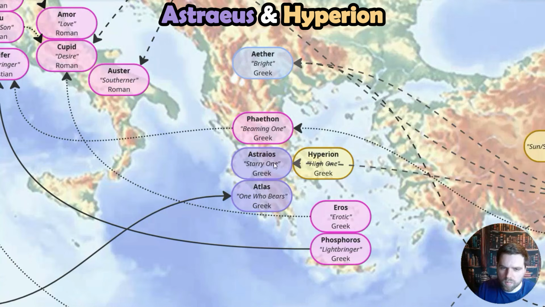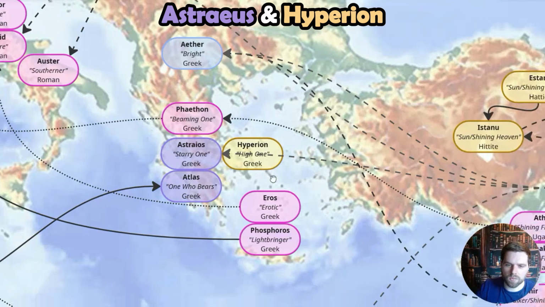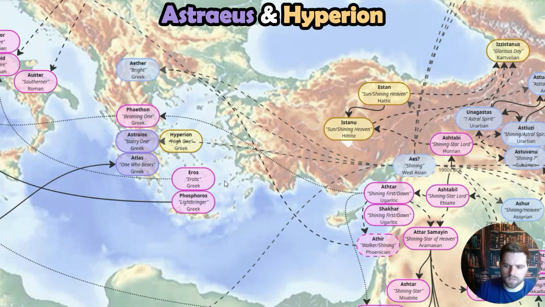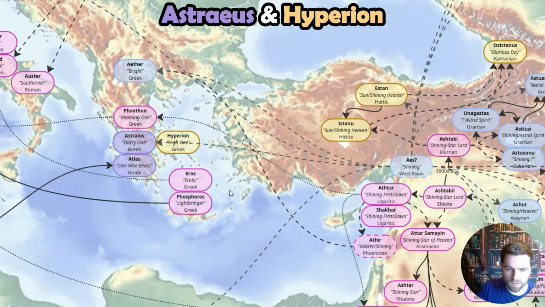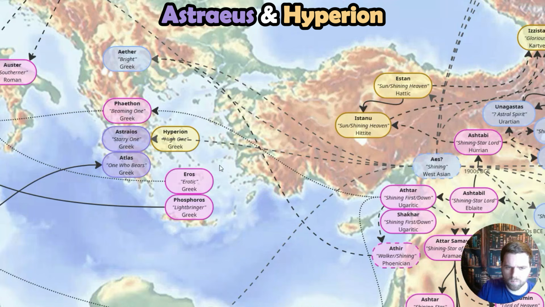The opposite of Astraeus and Iapetus in the west is Hyperion in the east. And Hyperion in the Greek sources is a solar god. He's the father of the sun and the moon, and even Eos, the dawn goddess. So it implies that he's a very ancient deity, almost transcending the sun itself. Nonetheless, he has more solar aspects.